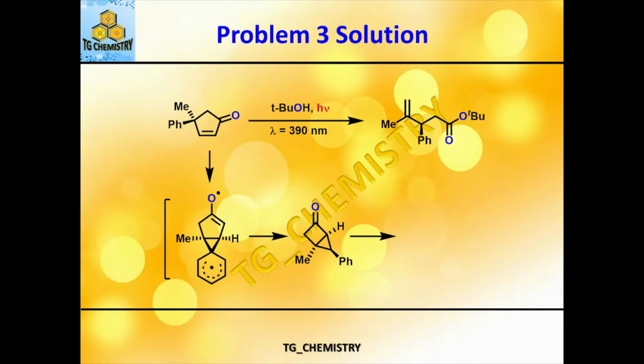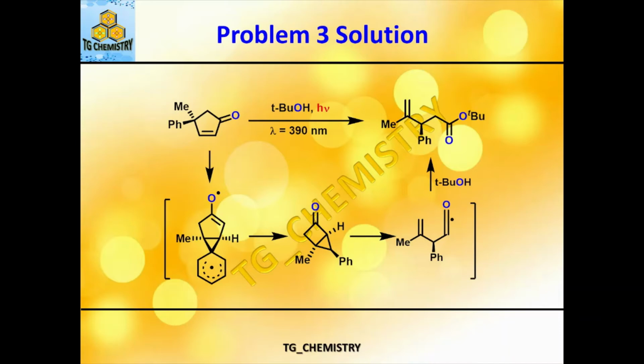phenyl group. Okay, so that will be another intermediate, and please have a look at the stereochemistry of the methyl and hydrogen atom, which are attached at the junction of the 5-membered ring and 3-membered ring, and eventually in the second intermediate with the 4-membered and 3-membered fused junction. So that is very important. Next, this fused 4-membered and 3-membered ring structure can rearrange again to form this ketene,